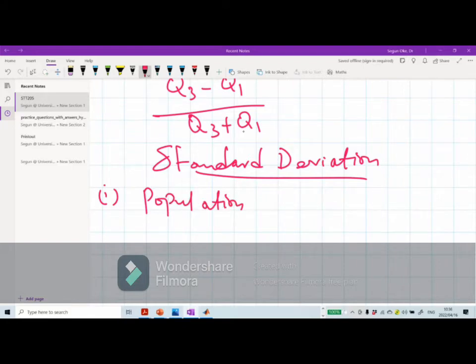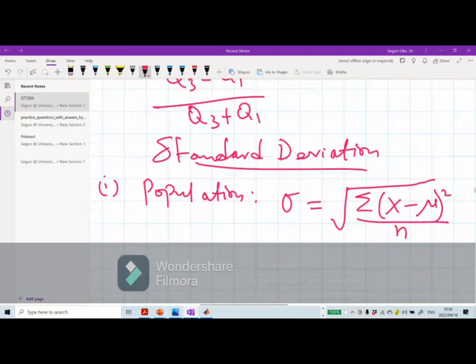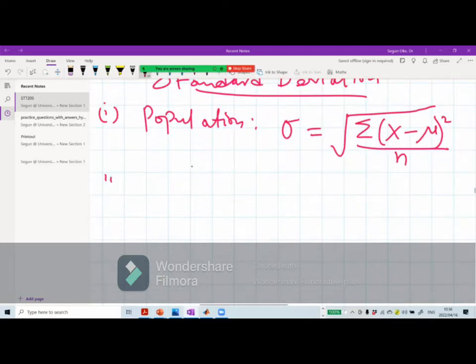The formula, they put it in this format: sigma equals square root of summation of x minus mu squared divided by n. Then number 2, if it is sample you are working on,